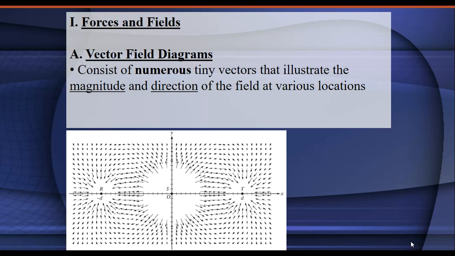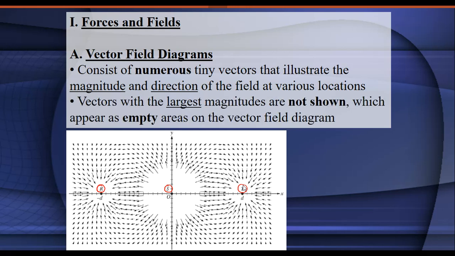Okay, so let's assume that those vectors we see in the diagram represent the electric field, and this electric field is surrounding 3 source charges. So what I'll do in the picture is indicate where my source charges are. There's one at point R here, there's one at point S, and there's one at point T. Now, in addition to a vector field diagram showing you what the electric field would be at various positions in this 2-dimensional space, the other thing it does is it tells you something about the magnitude of the